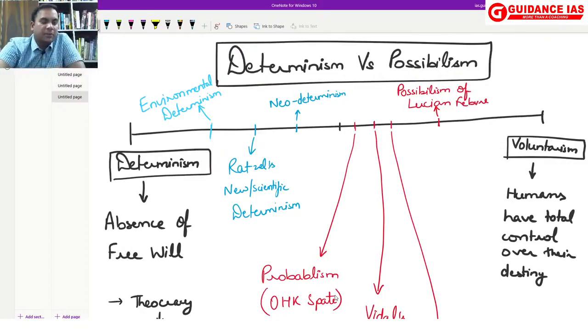So here lies the possibilism of Lucien Febvre, and we'll see what he did: he gave an extreme viewpoint to possibilism. And again here, in fact let us move this a little more here, it would be better, and very near to it I will be placing the